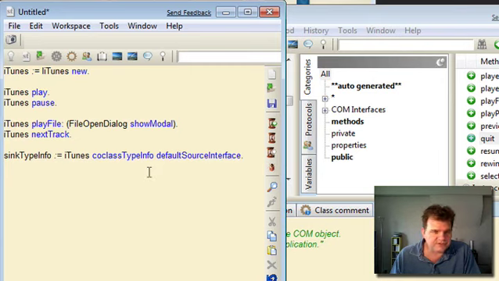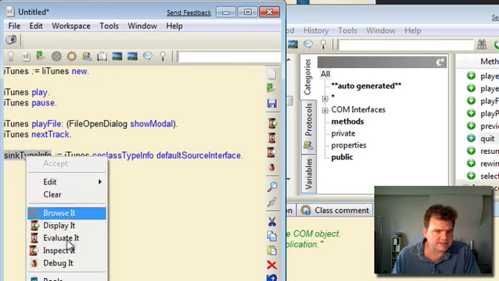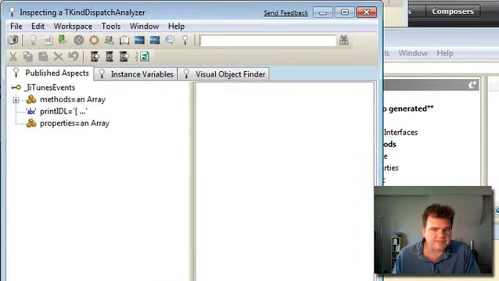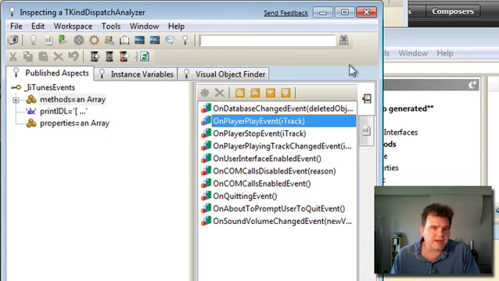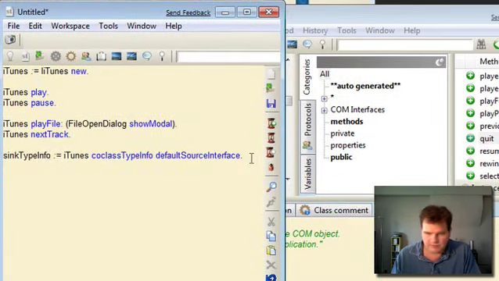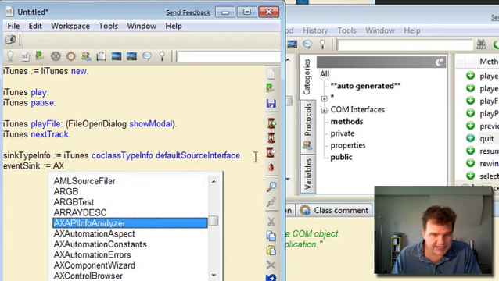and we can use this to tell us what the events are. Now, if we just inspect that by selecting it and saying inspect it, we get an inspector up, and if we look in the methods array associated with it, you see we have a list of all the events that are triggered by the iTunes object. The one we're going to be particularly interested in is this on-player play event here. So let's close that, and let's go and try and intercept that. So let's create an event sink, and this is of type AXEventSink,